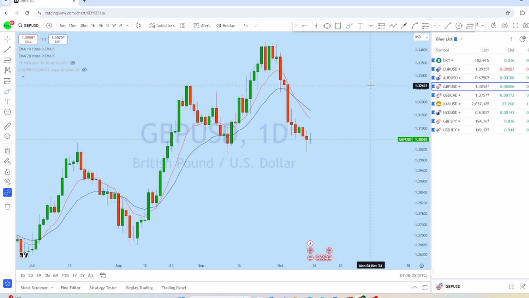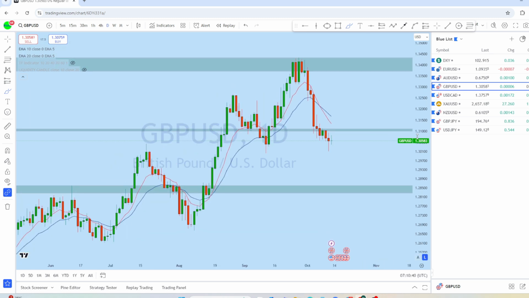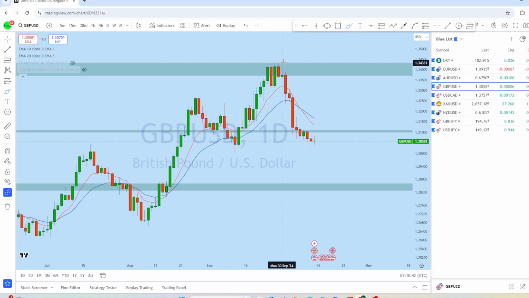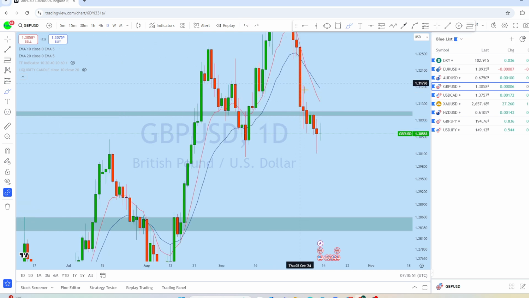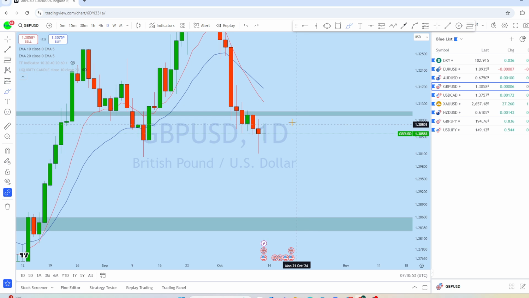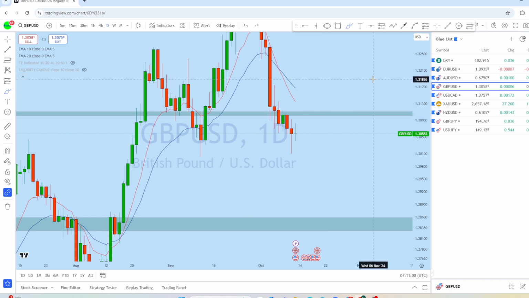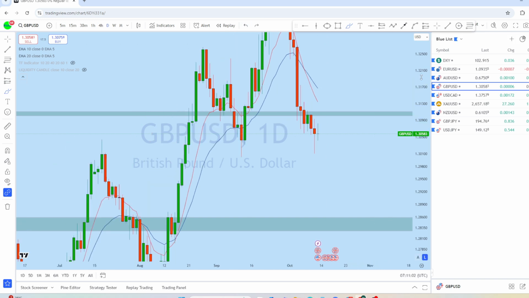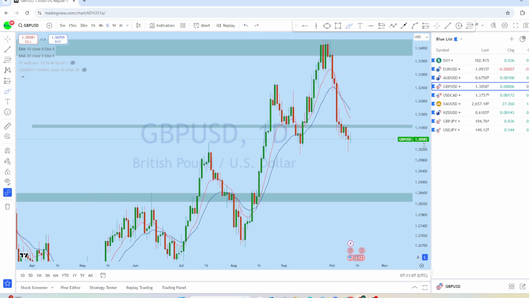Now dropping down to the daily to see how the market might be doing. From the daily perspective, this is the daily impulse here. From here, a pretty strong drop, and every day the market is forming a series of lower highs, which is an important price action. It's still maintaining a daily series of lower highs, which is a sign that we might see a potential break of structure for liquidity. As this market is exhausted on the lower time frame, we might see an initial bounce to grab liquidity and then to drop back down.